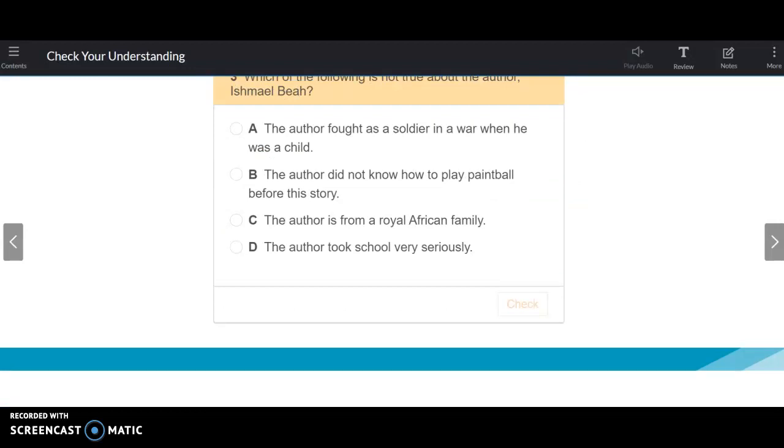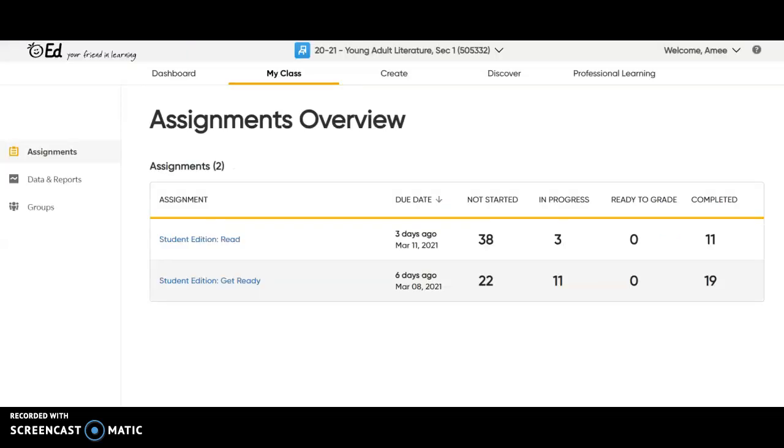Then in order to turn it in, and this is weird, I know, and I talked to a few of you last week about it, you have to go back to your assignments page. This is my assignments page and it's going to look different from yours. But what will be similar is that there's a list of the assignments we've done so far for this essay. Last week we did the get ready. This was the first one we did. And then after that we did the read. So this was last week Monday's assignment and this was last week Wednesday and Thursday's assignment.